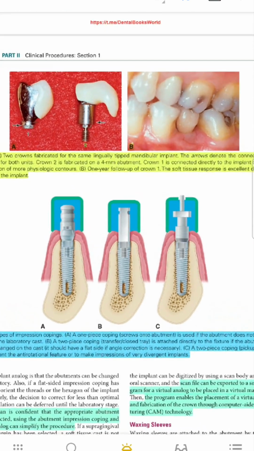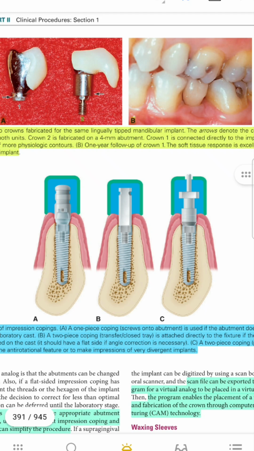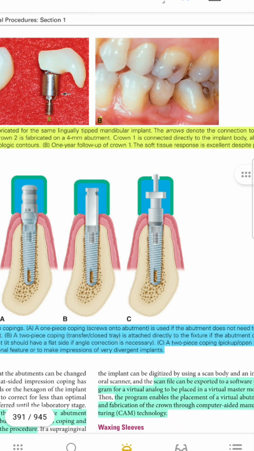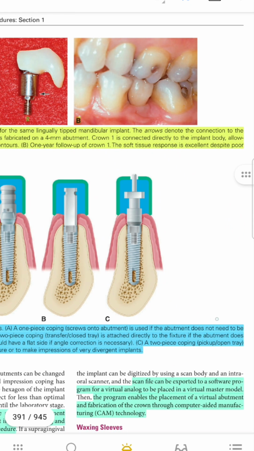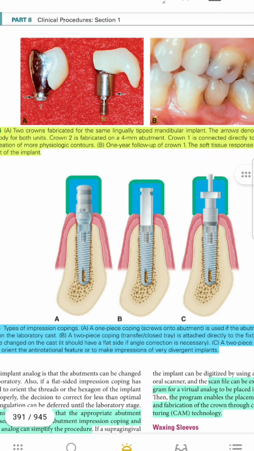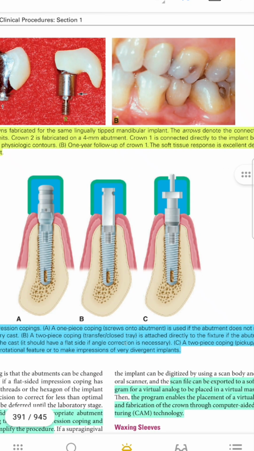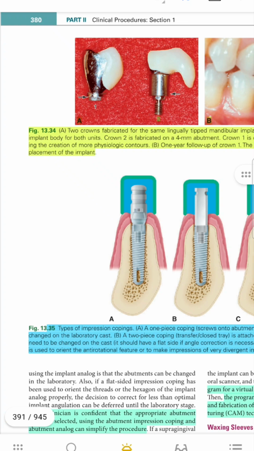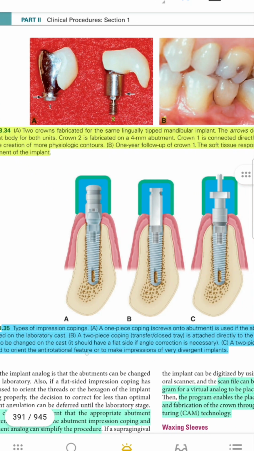There are several types of the transfer. This is the one piece transfer we said before, that is screwed into the abutment, and the two-piece transfer for the closed tray. It is attached directly to the fixture. If the abutment does need to be changed on the cast, it should have a flat side if angle correction